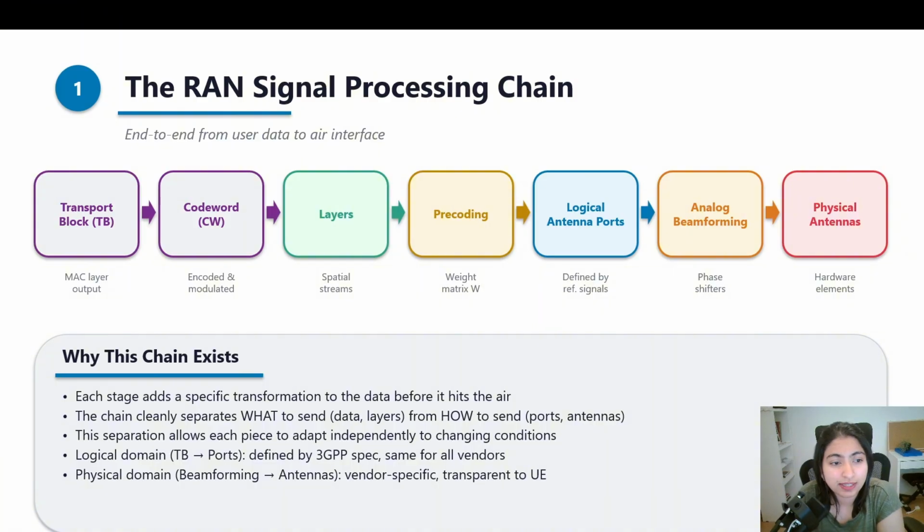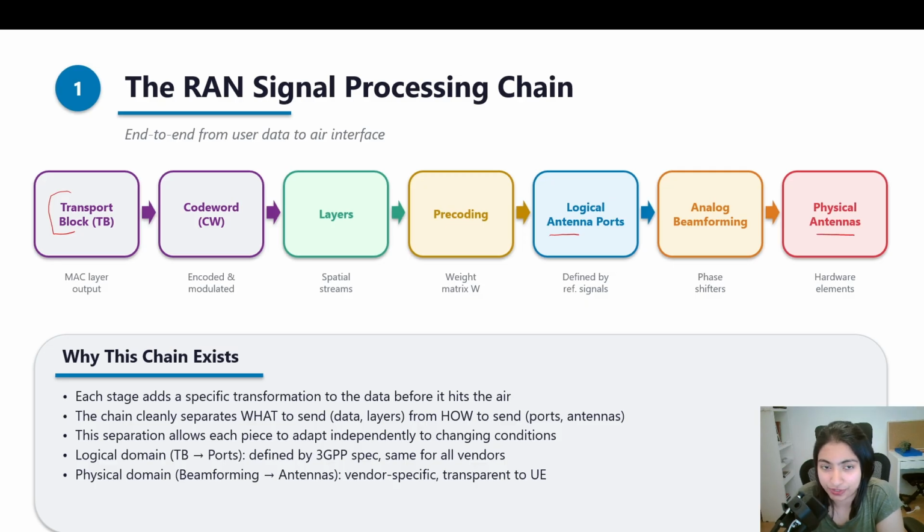So the fundamental entity in the RAN signal processing is the transport block. The transport block is the data that is sent by the MAC layer to the physical layer over the transport channel. The transport block then undergoes further processing to become a code word at the physical layer, and this is transmitted over layers to the logical antenna ports, from where it is mapped to the physical antenna and then transmitted over